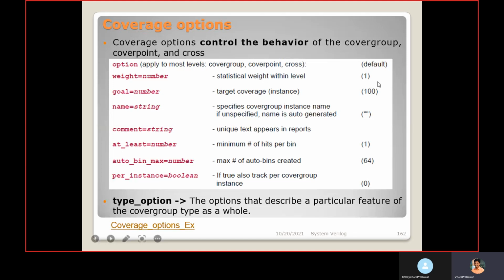These are the default values if we didn't mention them. Then type_option, you can mention option dot weight or else type_option dot weight. The difference is that the option describes a particular feature of the covergroup type as a whole. I will explain everything in this section.